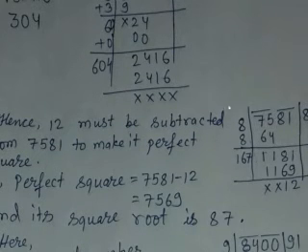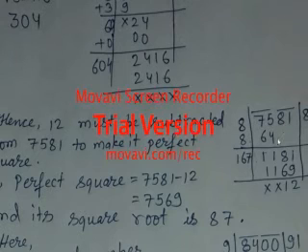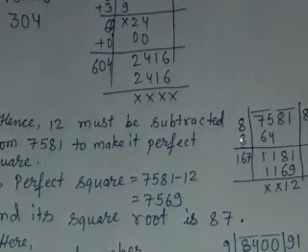7581 by making its periods. You can see here 75 is one period and 81 is another period. Now 8 8s are 64, I had done. Now while subtracting, 11 comes and 81 comes down. Now when we multiply, double of this 8, or you can add this 8 and 8, it becomes 16. Either you can do double or you can add. So 16, and then after that 7 is there. How did this 7 come?